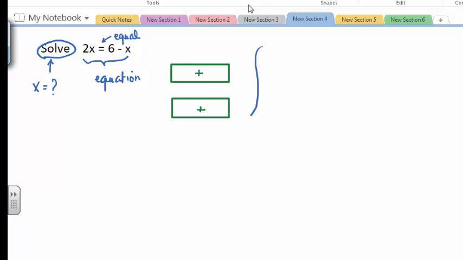They are positive, so I'm going to use the green color. Excellent. So first one, 1, 2, 3, 4, 5,